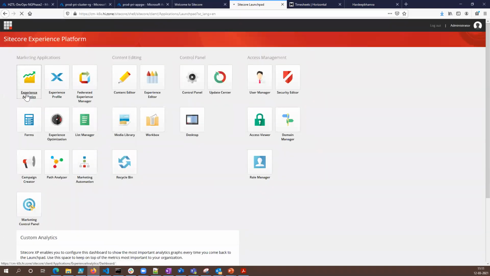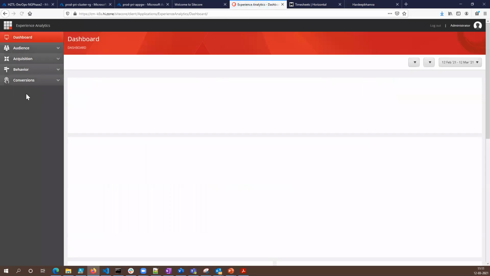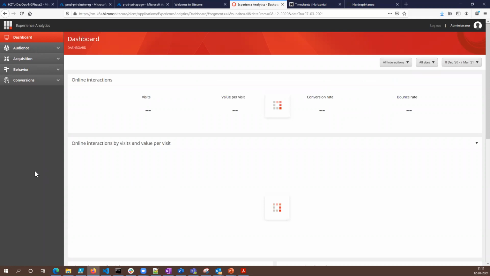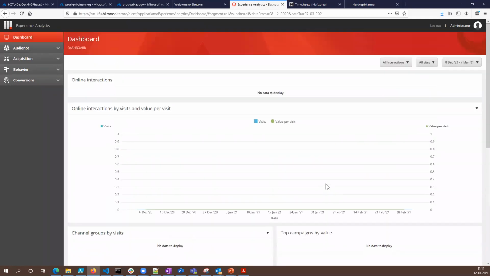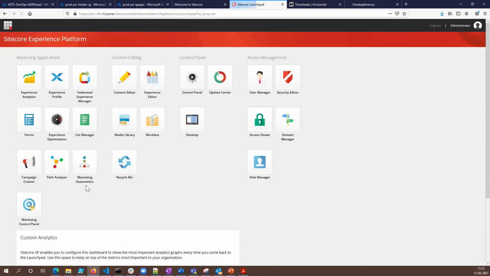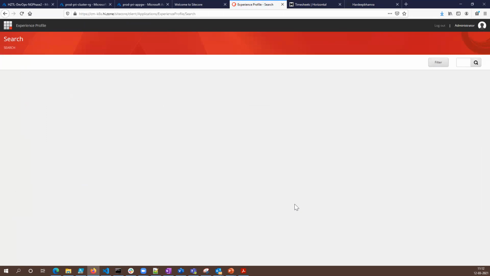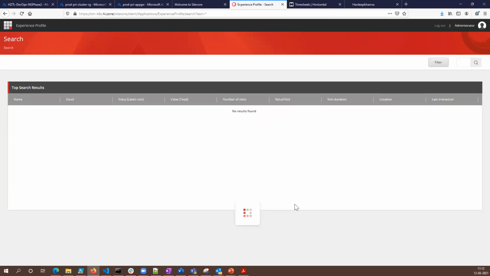Let's go to Experience Analytics. As far as I don't see any errors here, I'm always going to be happy. Similarly for Experience Profile. All right, fantastic, no issues.